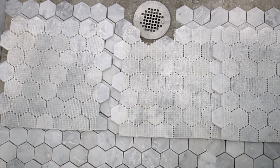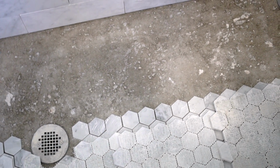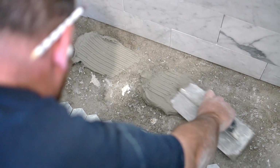Once that was all done, the shower pan was dry enough to install the tile there. Now I picked out a meshed together hexagon pattern for the shower floor. Kevin made sure he measured and cut the pieces to fit the spot before he began laying them down. Then he would fold them over on each other, add the thinset in small sections, and just carefully lay down